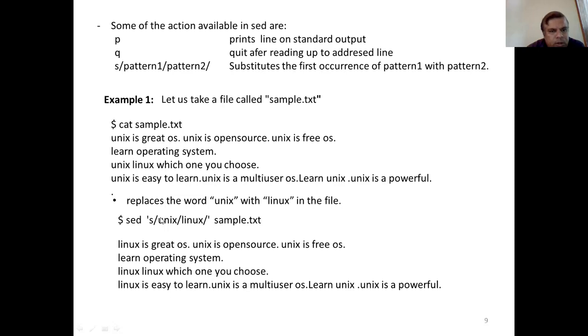Okay, enclose it in single quotes. So s slash the pattern you want to search, which is Unix, and then the pattern you want to replace it with, so Linux. Then the default action is print. Then followed by the file sample.txt. This will select all the lines containing Unix and replace it with the pattern Linux.